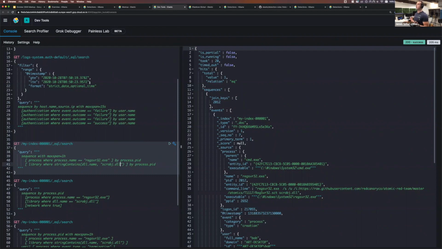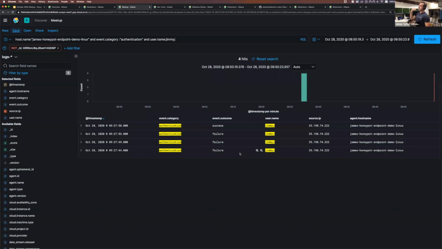So I built that example here for you. 3 failed logins followed by a success for the same source on the same host by the same user. Just so you can see the actual data behind that. This is the raw data, our Discover view, where you can see the actual raw events. I created the user, which isn't James, it's Jimmy J. And you can see I ran on this host. I purposely, obviously, failed my login 3 times. Then I was successful. And I think there was like a 15-second or so period here.